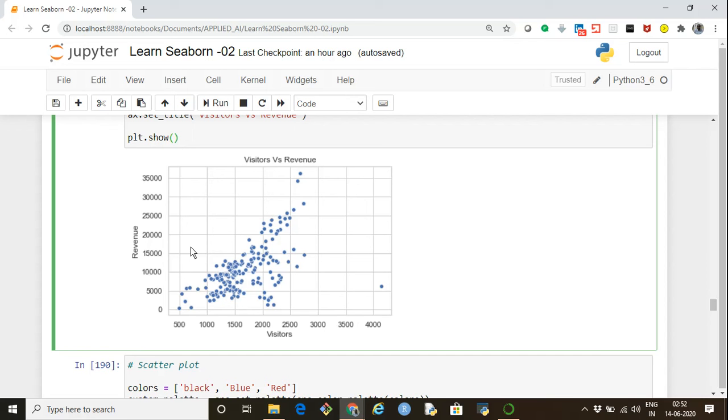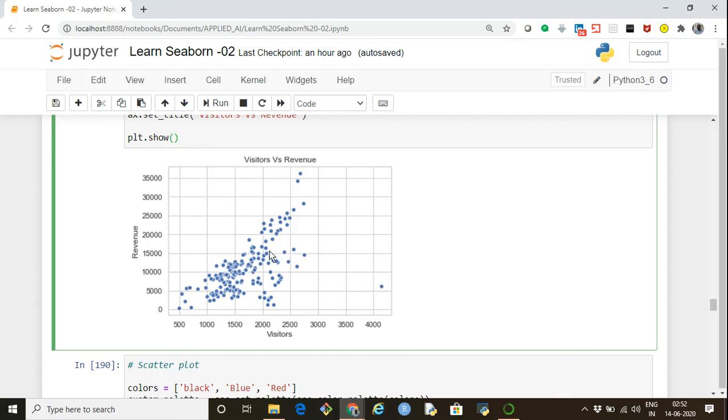So let's plot it out. We see, yes, there is an increasing trend as the visitor count is increasing, so is the revenue being generated, except for this outlier where even though the visitor count is very high, in terms of revenue it is pretty low. But more or less the trend is on the increasing side.